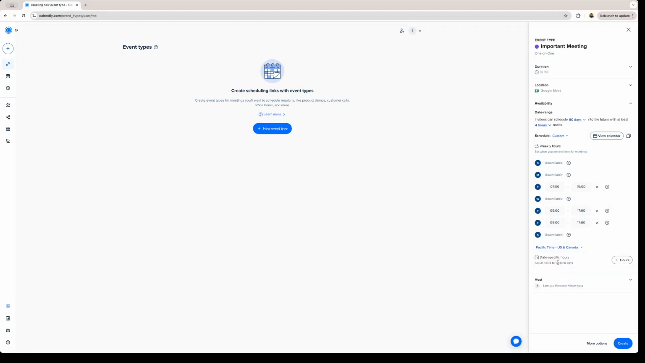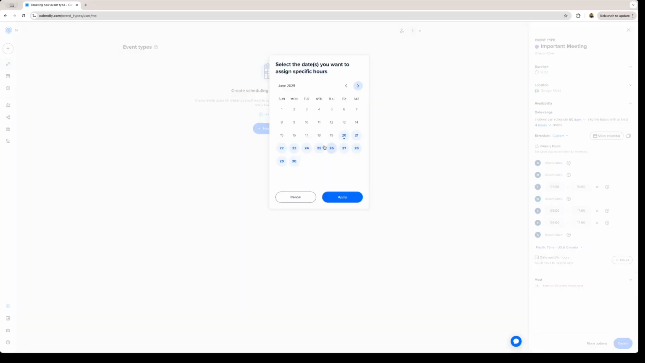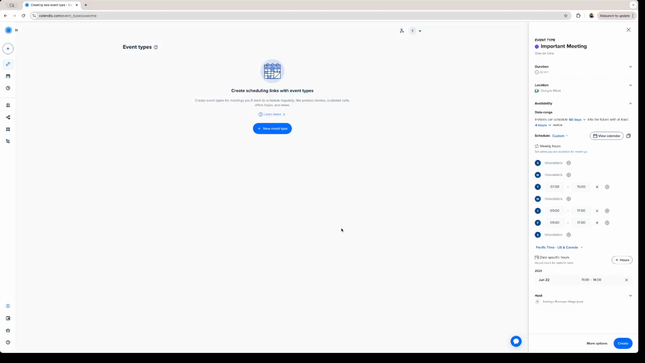And you can even add specific hours for specific dates. If you click on this option right here that says hours, let's say that on Sunday the 22nd of June I can work from 11 a.m. till 2 p.m. because I have a slot available. And we click on apply, and those are the specific dates and hours in which the meeting is going to